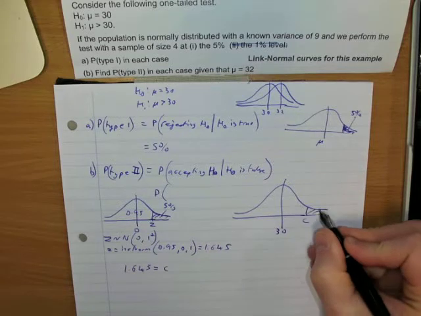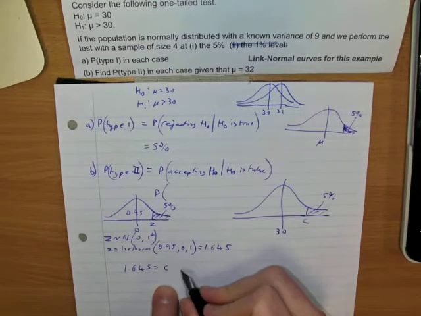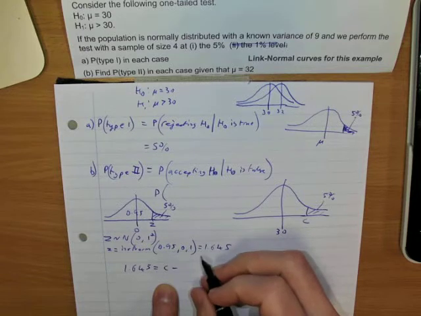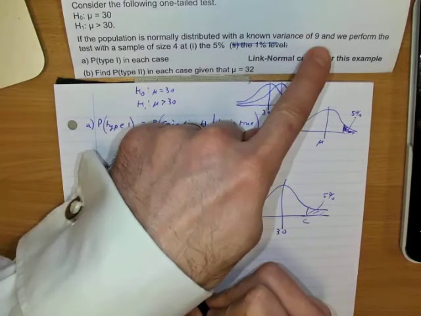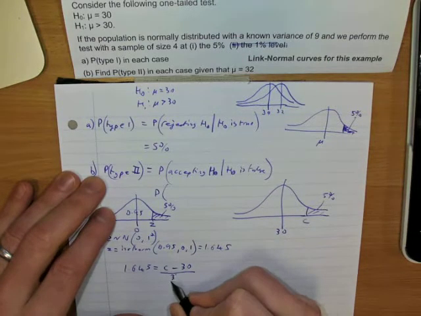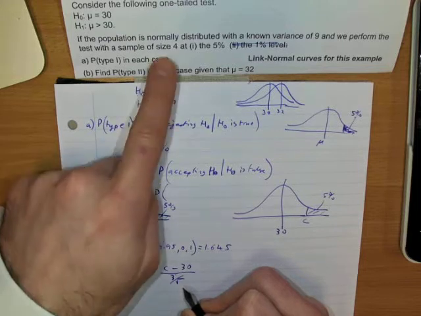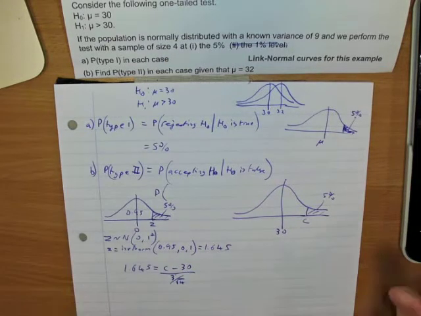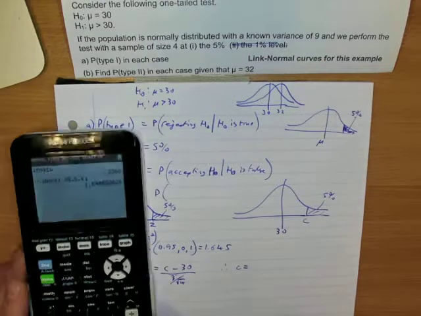This is our critical value, giving us our 5% region. So what's this C? How have we worked that C out? We take away the mean, which we believe to be true, and we know the variance is 9. So the standard deviation would be 3 over the square root of the sample, which is root 4, so 3 over 2. So therefore, our C value is going to be, just rearranging that,